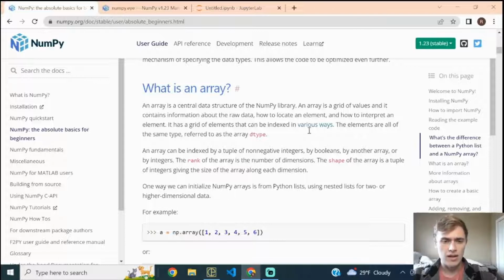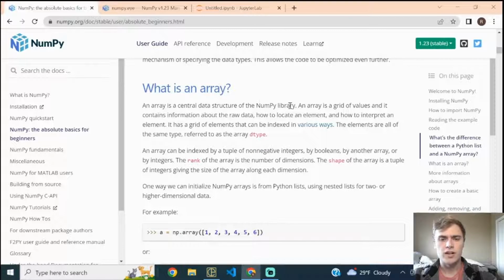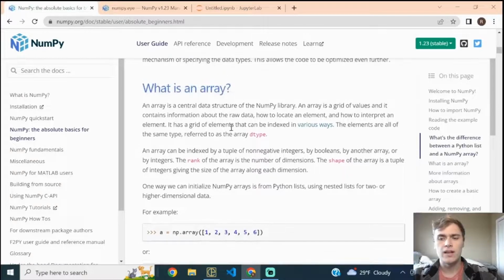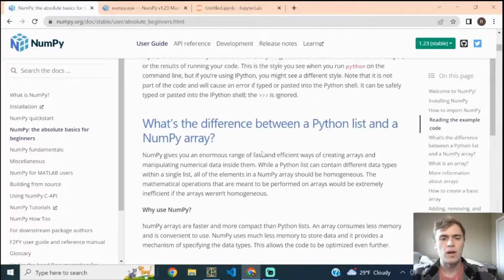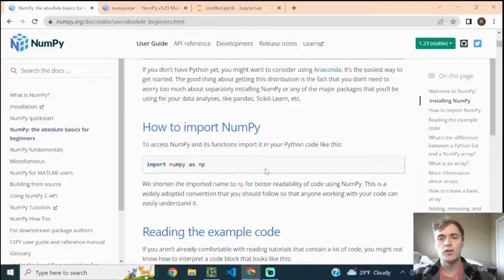And here's a breakdown of what an array is. Like we've talked about, it's the essential data structure of NumPy. It's a grid of values that contains information about the raw data, how to locate an element, and how to interpret an element. So it has the data type, and it also has indices, its own grid. You can index these in multiple different ways, which we'll get into in a further video. Basically, I just wanted to give you a rundown on the main ideas of NumPy and why you might want to use it, especially when you're trying to do any sort